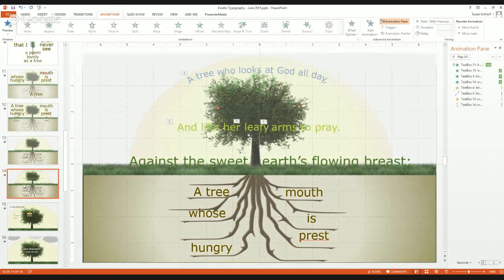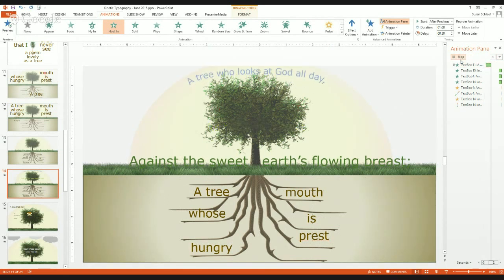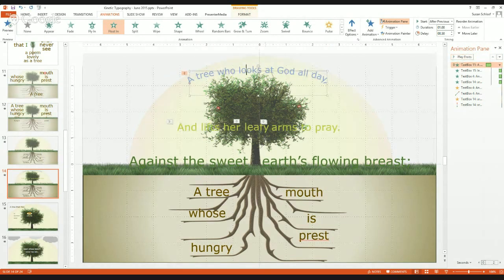And then we move on to the next part of the poem. This phrase here, I used a float in that sort of rose up. So it was like moving up towards God, towards the sky. And I think to get that curve in there, if I remember right, it doesn't show up on the animations here, but I think I used a word art curve for that. So that, again, is a float up like that. And then this next part,